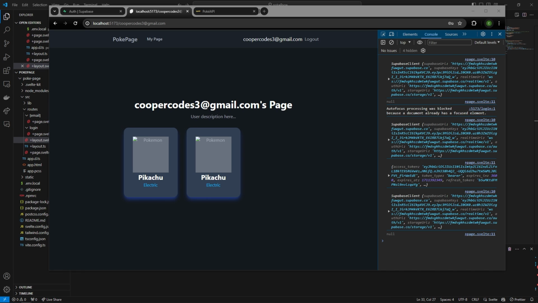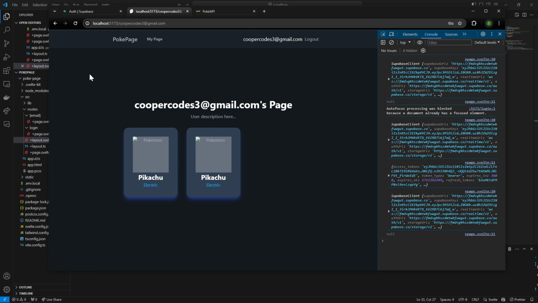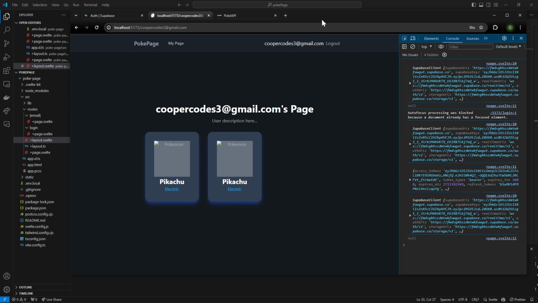All right, welcome to part 4 of this SvelteKit tutorial. We are going to be talking about how to make calls to the Pokemon API to get data relevant to specific Pokemon. This is a great part of the tutorial because it shows you how you can use external APIs alongside a service like Supabase. So it might seem like a lot going on at once, but there's a bunch of really great learning happening